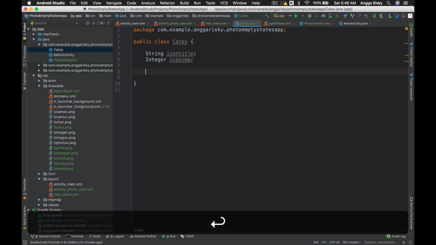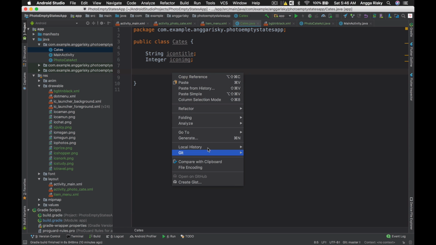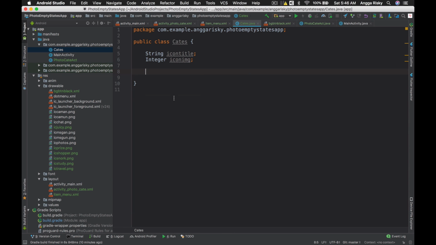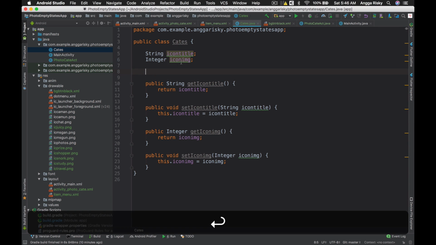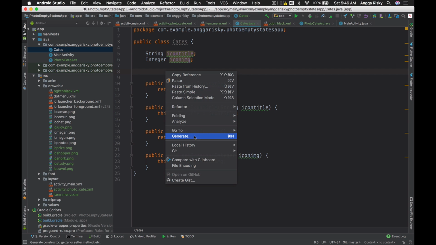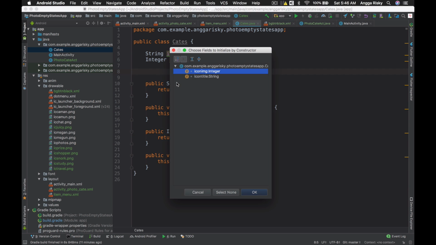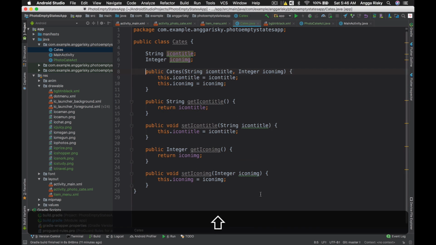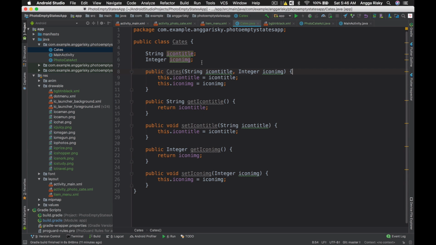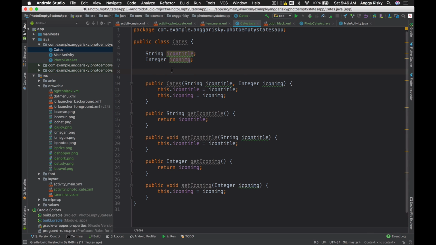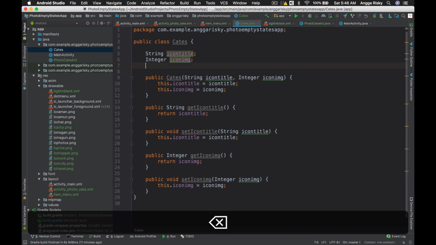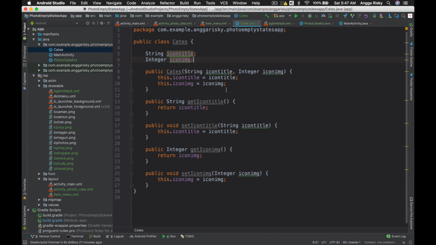Okay, and then it's going to be much easier for us: just getter and then setter, all of them like this. And then we have to generate the constructor for all of them like this. Okay, and I think I missed something here, yeah, okay, that's done. No, it's not missing. I'm sorry.